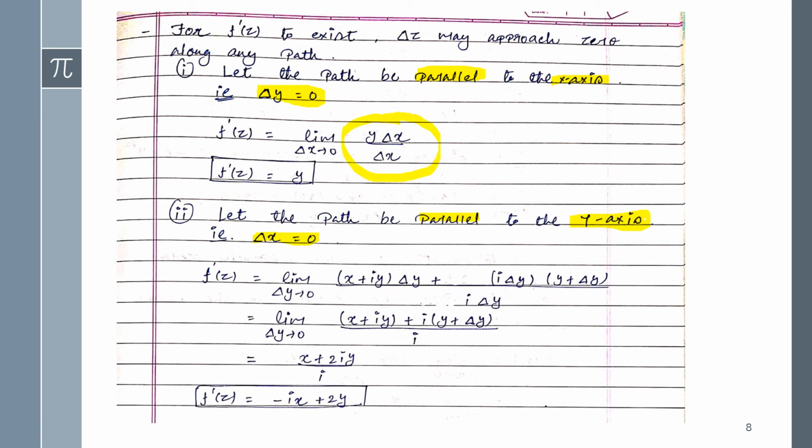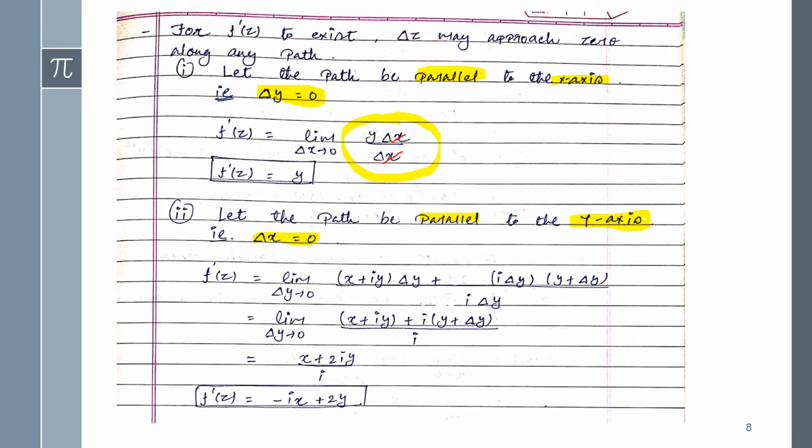And in the limits also, it was given delta z tends to 0, but delta z is delta x plus i delta y, and here delta y equals 0, so definitely we will get the limit delta x tends to 0. Now this delta x will be cancelled out from numerator and denominator,